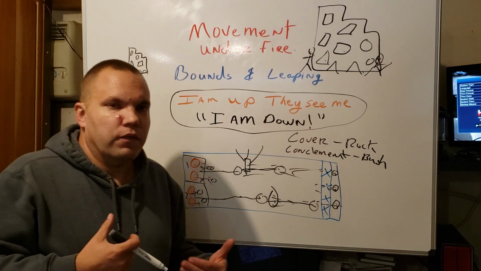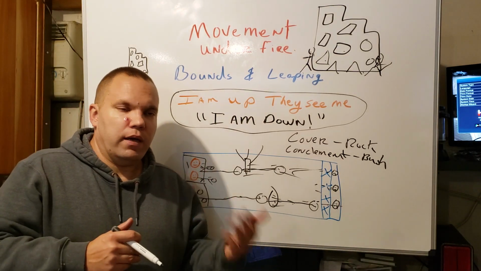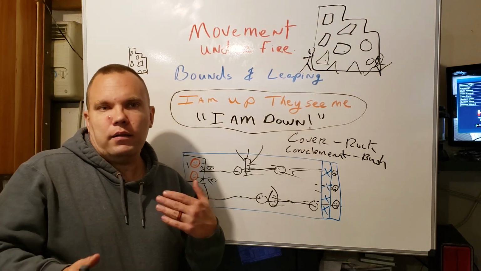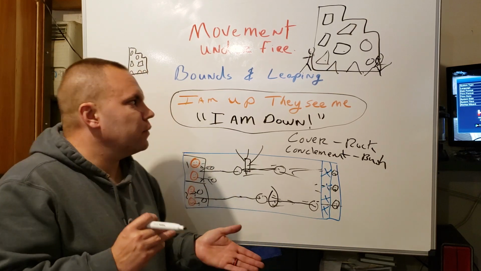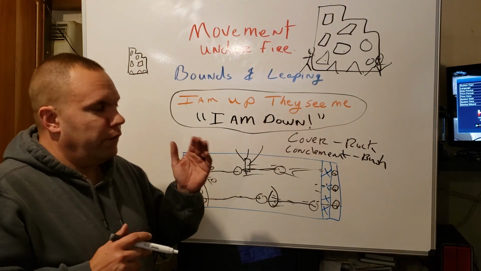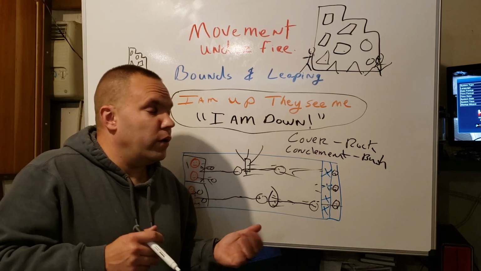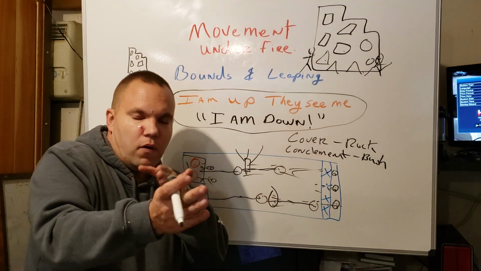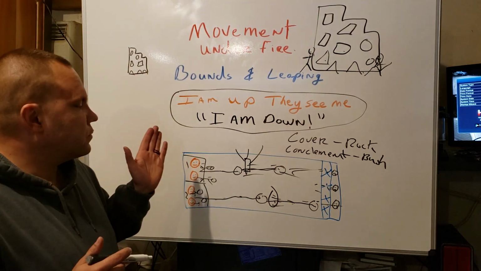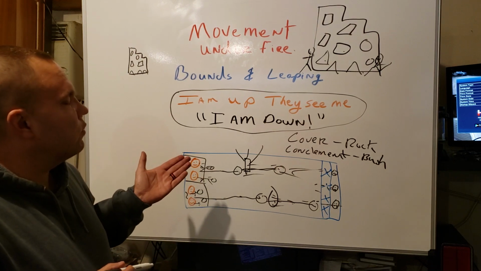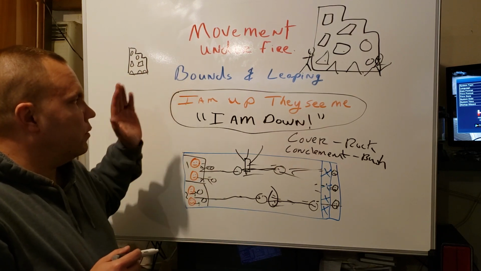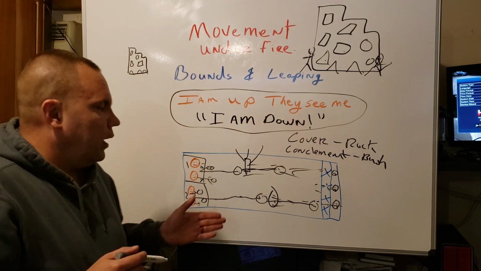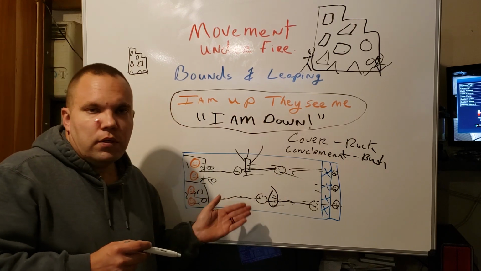Iron sights for myself are very difficult, just the way you're trying to basically have left or right eye dominant. It's just difficult for me trying to line up 2 planes. I've noticed that it took quite a bit longer to line up and get where you're going. I mean, that's pretty much the movement under fire. One movement is doing the bounds and leaps, right? It's a real simple concept to do if you have